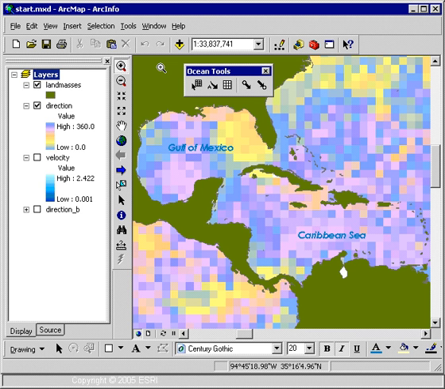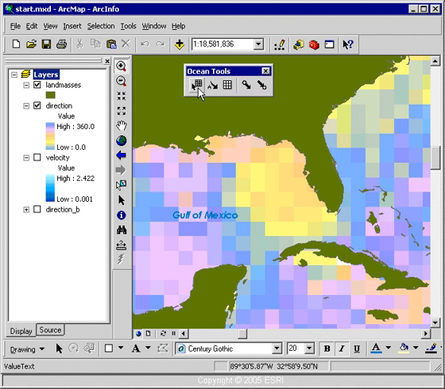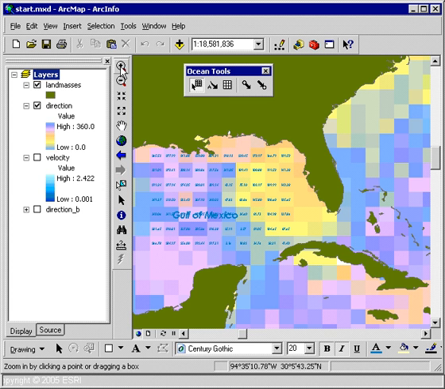In this map, I have several raster data sets loaded that have information on the ocean currents, the values, and the directional flow of the ocean currents. So if we zoom in a little bit here on the Gulf of Mexico, let me show you the first tool that I have, which allows me to easily get the cell value from this raster. If I drag a box, it'll put a label on each cell saying what the value is